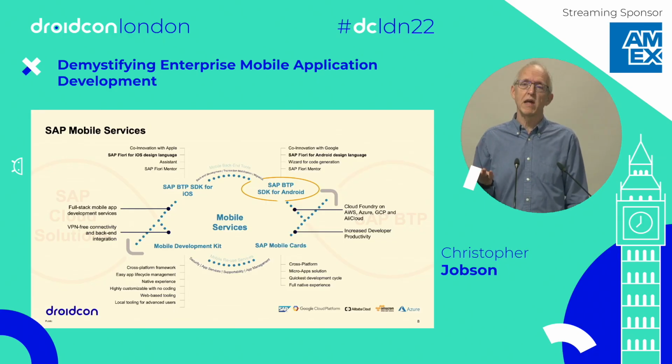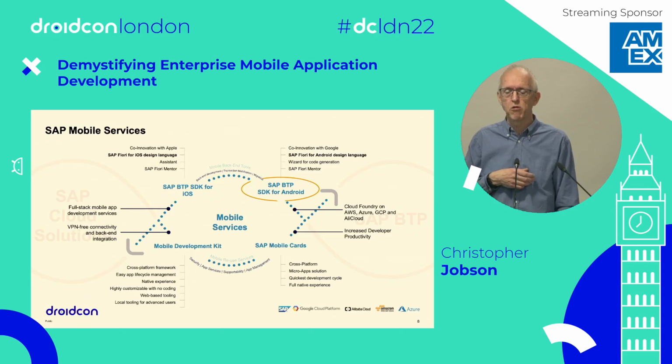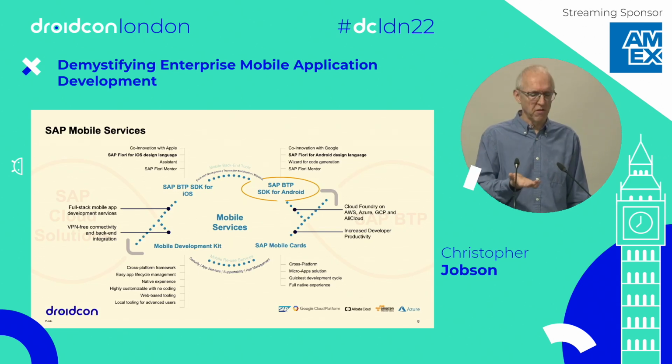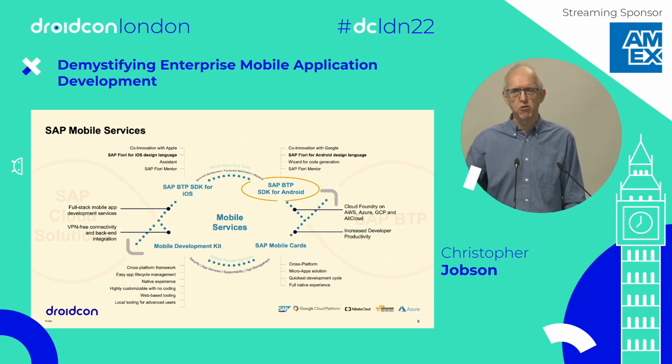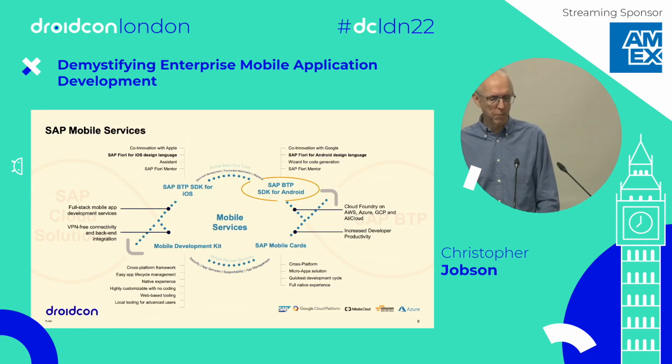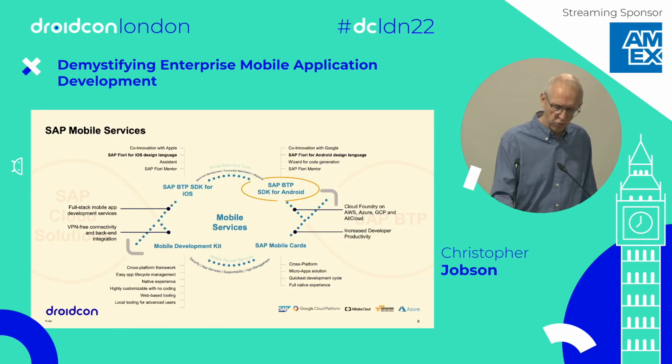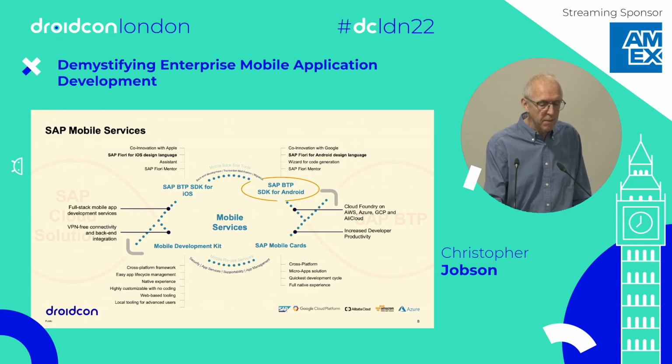So obviously, if you're working on Android, we have an SDK targeted at Android users. If you're building it for iOS, then obviously we have an SDK for iOS consumers. If you're building something more cross-platform, we also have cross-platform development tools, something like Mobile Development Kit, or even template-driven solutions around something like mobile cards, which I'm not really going to go into here. But we have a wide range of tools and support for building solutions that run on mobile devices, even completely no-code solutions as well. But today we're just going to drill down a little bit more into the SAP BTP